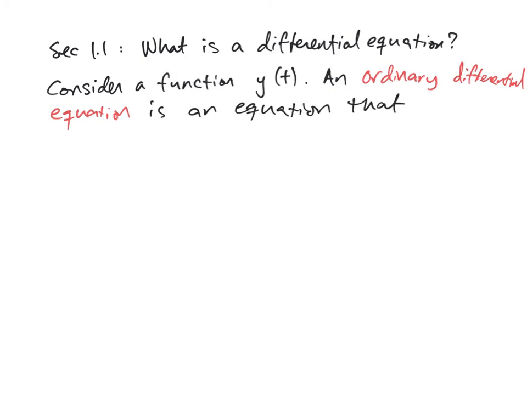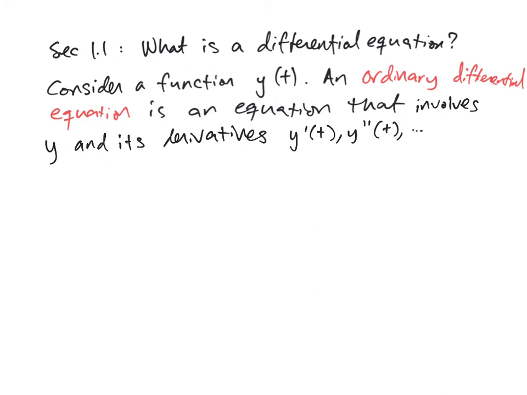So you know what an equation is, it's got an equal sign. And that equation involves the function y and its derivatives, y prime of t, y double prime of t, etc., up to the nth derivative. So the general form of an ordinary differential equation looks like,